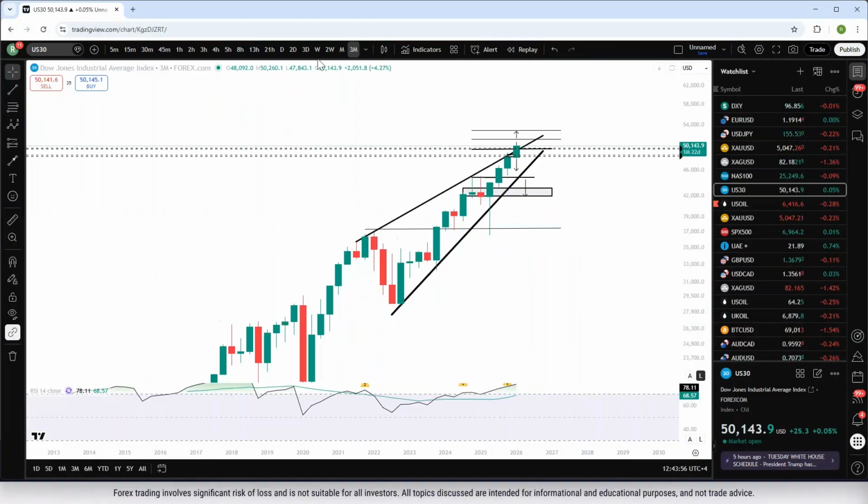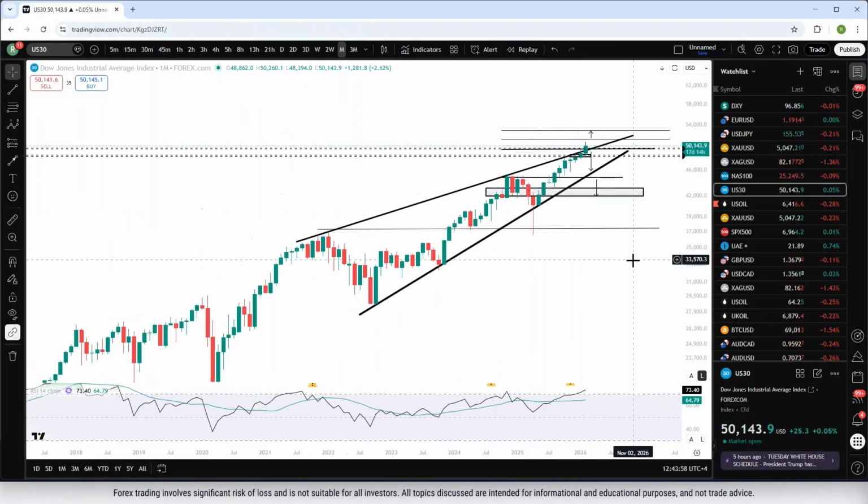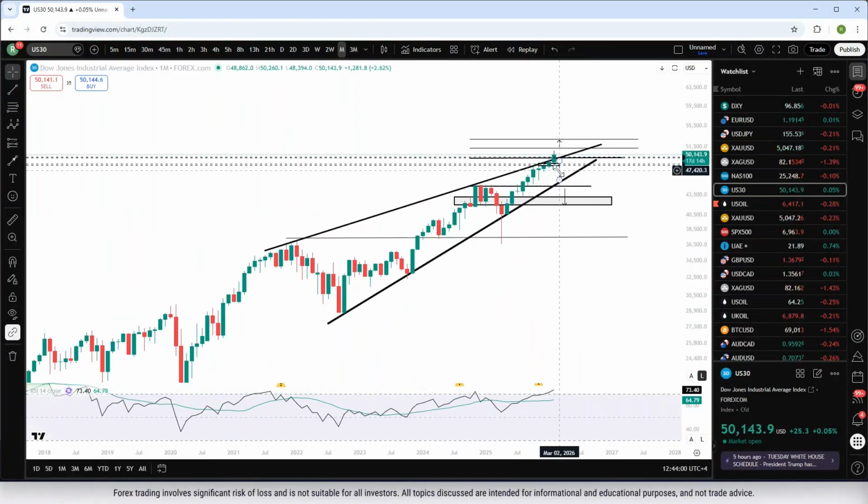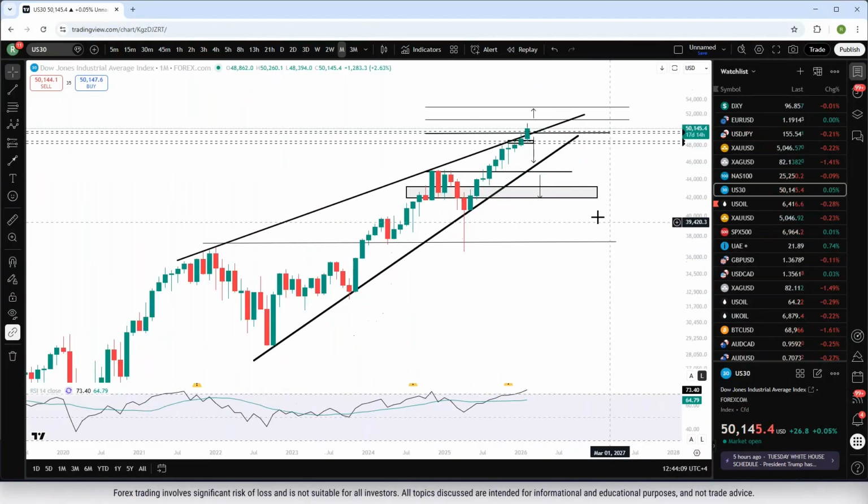And I'm going to drop down to the monthly time frame here. We're attempting to have this bullish breakout above the 50,200 mark that can extend gains towards the 51,200 and the 53,000. The critical support level over here, should that diagonal play out with a steep drawdown risk, is the 48,800 to the 48,200 that can expose a drawdown at least to the highs last seen between 2024 and 2025 near the